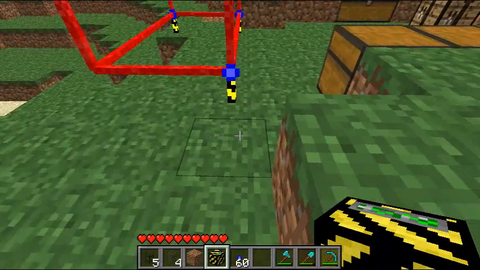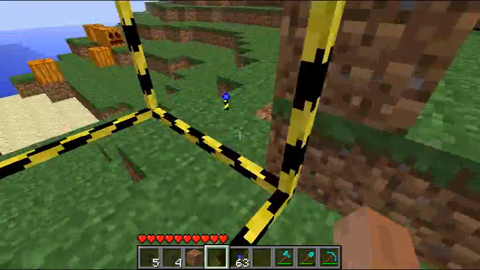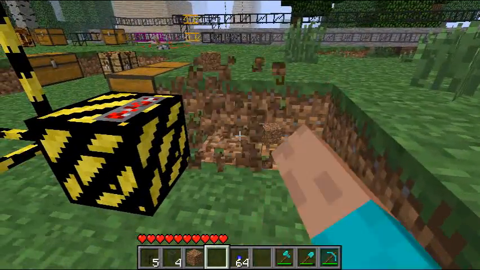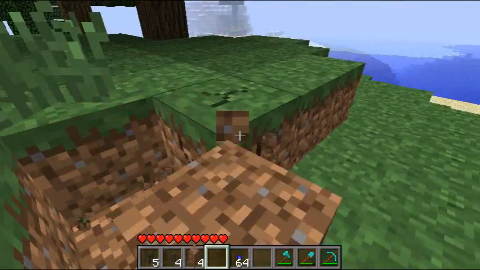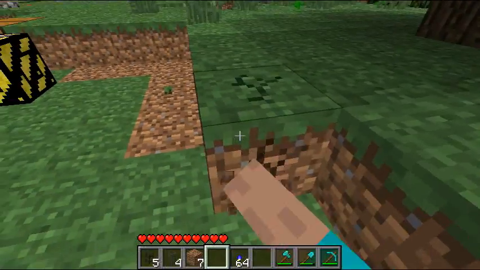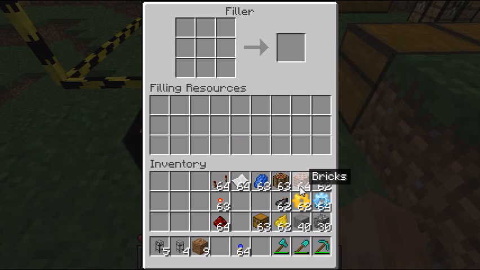To place a filler, just like before, you just place it next to an area and it's going to select the area automatically. The difference is that now by default the filler doesn't know how to do anything. It doesn't know how to fill the area. You need to provide it with a pattern. So the default pattern is just a set of bricks, like you can see here. On the top side of the filler, I've got this pattern area, and if I fill it with bricks, I'm activating the default filling recipe.